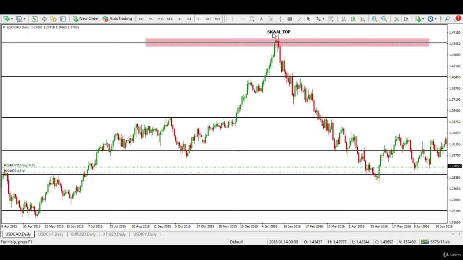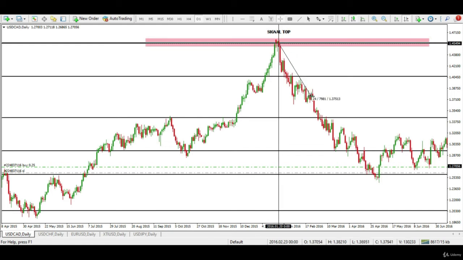First example is of US dollar and Canadian dollar, and we are studying a signal top candle on daily charts. Starting from here, this forex pair enjoyed a sharp rally for more than 60 trading days, and then we saw a signal top at a major level which acted as price resistance. Notice the size of the tail and real body of this candle. Both are almost equal in price. These are the key differences you will notice when comparing a signal top to a shooting star.